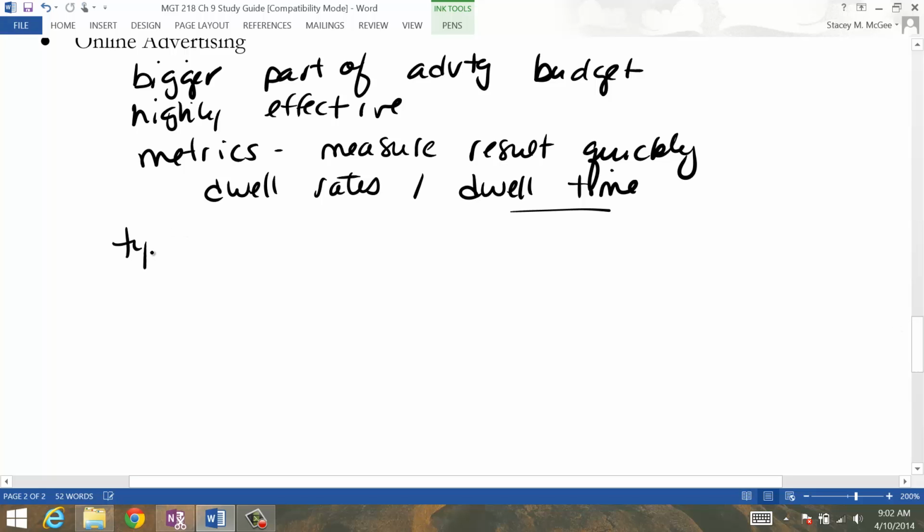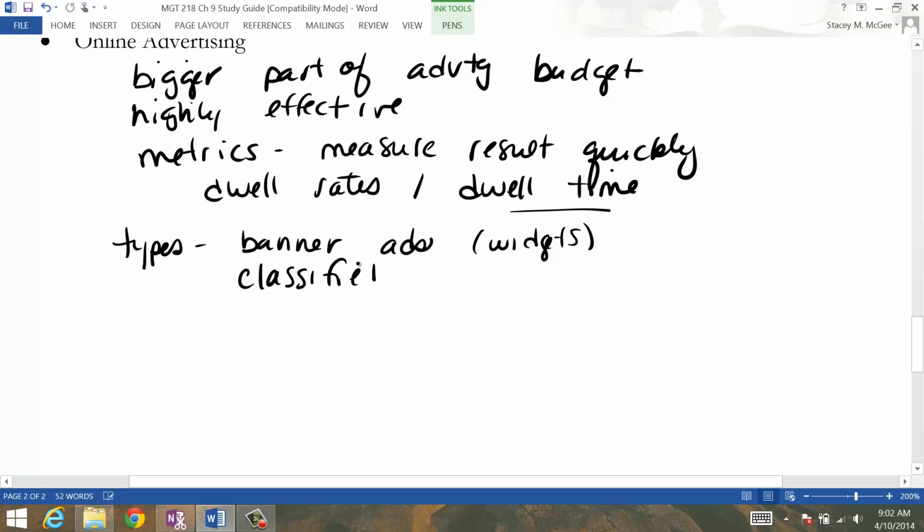Types of online advertising. Banner ads are a big one. If you go to, I don't know, the Herald Mail website, you'll see advertisements all around the top and the side and those kinds of things, and that's a banner ad. In the banner ads, you can also put widgets, which are little things that'll link you over to something else, so that it generates an action that's within the banner ads. There's also online classified. There are video ads, which again work nicely with the